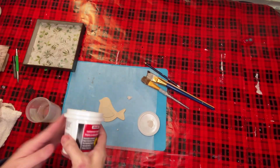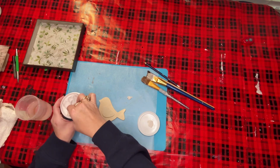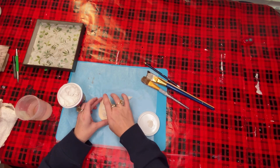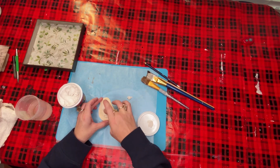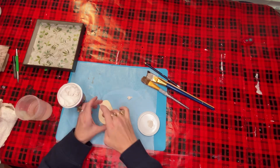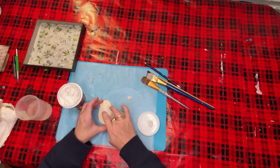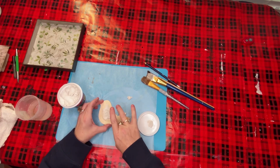Then I took some of that regular old lightweight spackling from Dollar Tree and some water. I like this effect that I get from this. I put it down and use my fingers. It's almost like Play-Doh. When you add a little bit of water to it, though, you can maneuver it a little bit better. So I use the water and my fingers to just kind of stipple it, if you will,